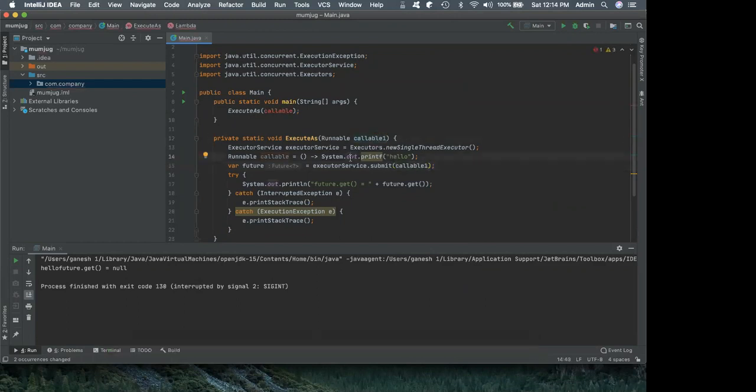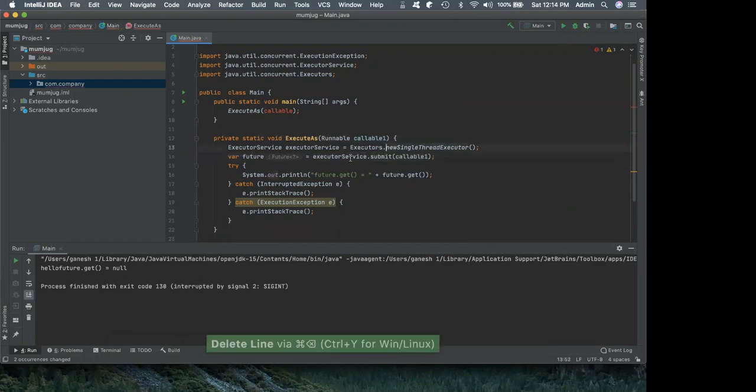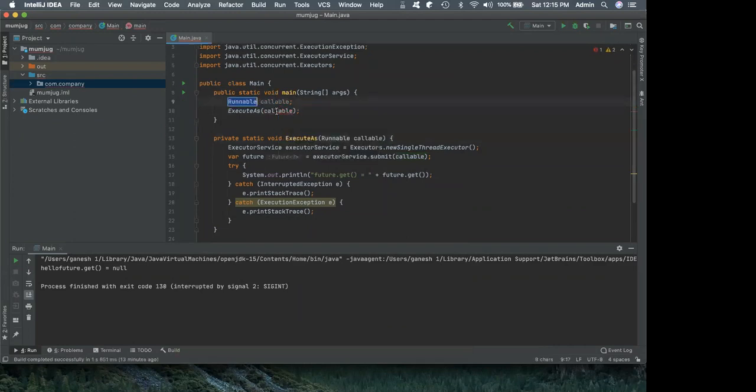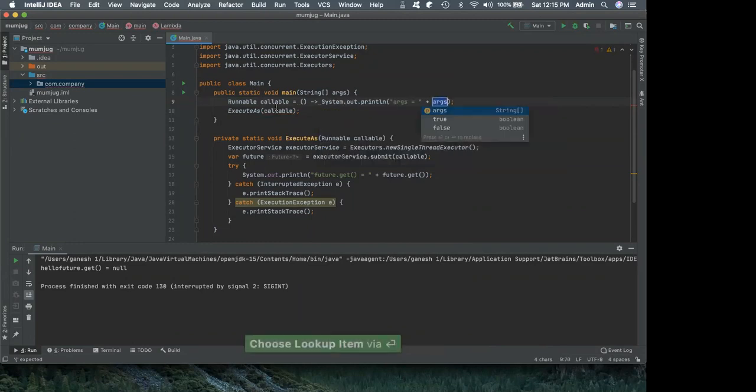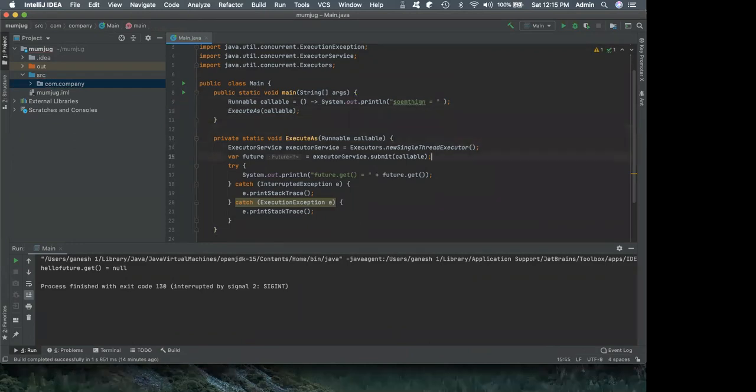And now let me delete this, and now let me rename this and call this callable, right? And now there's a callable here, and I want to introduce a local variable. And this one, it is a lambda, and so something. Okay, I think this is fine. And now I'm just demonstrating random code.